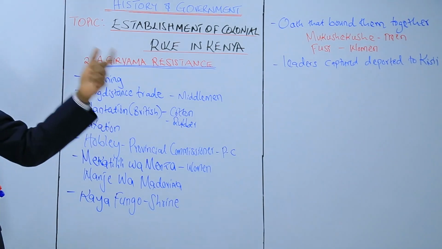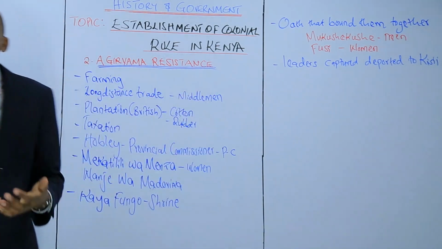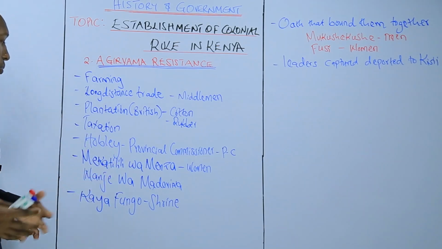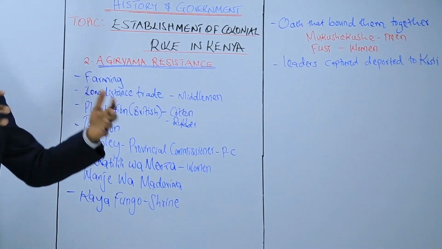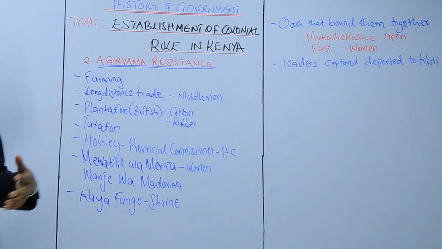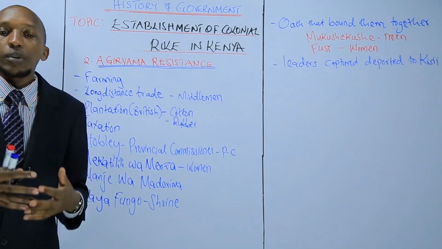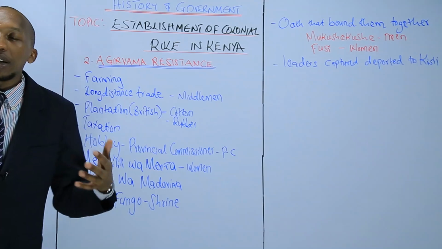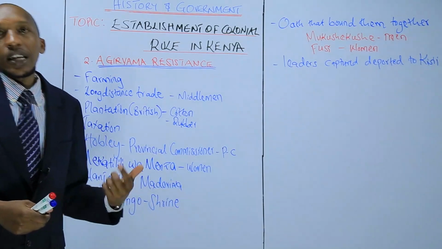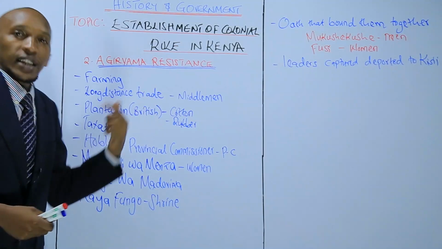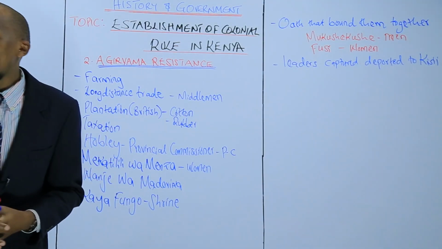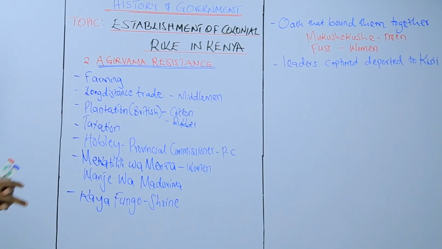So the British tried by taking away the leaders, that is Mekatilili, who was a very strong lady that was bringing the people together, and Wanje. By deporting them, they thought that they could now make sure that the resistance did not take place. But to their amazement, the people who had been left continued to resist and fight against the